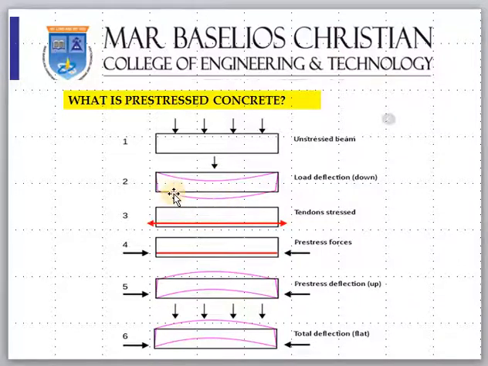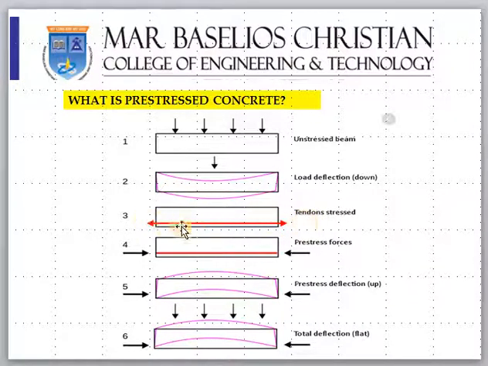Now I want to reduce this tension. So what I will do is insert a bar, the red colored one, before casting the concrete itself, or even after the concrete is cast and set. It is not our normal steel bar. I will stretch it, pull it like anything, and if I pull it and then remove it, it will come back to the original location, within the elastic limit. I will not allow it to yield. Just below the yield limit, I will pull it.